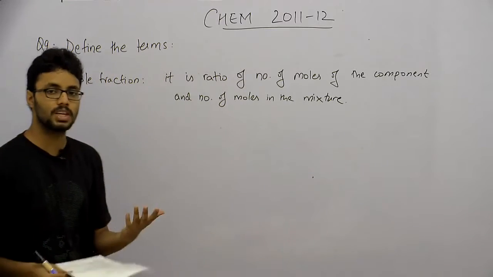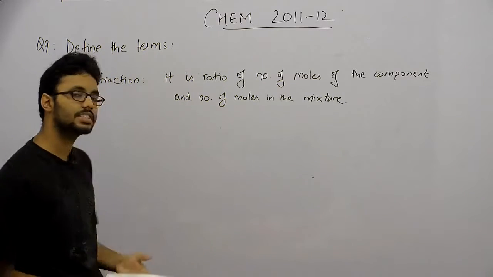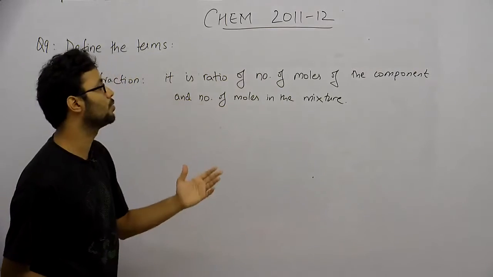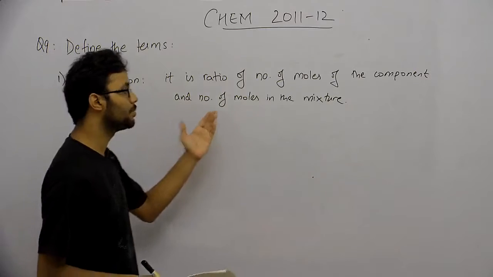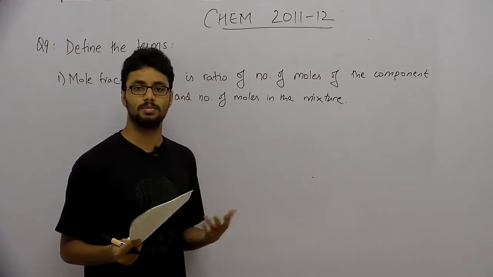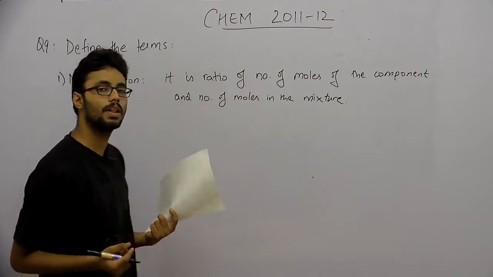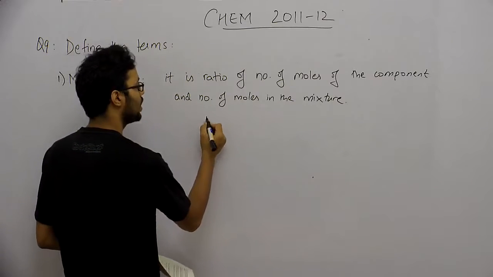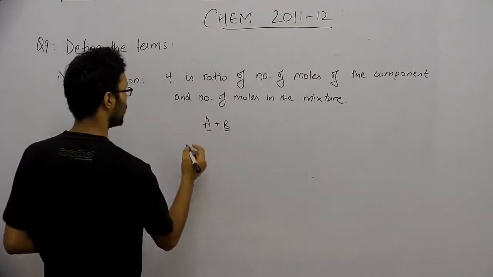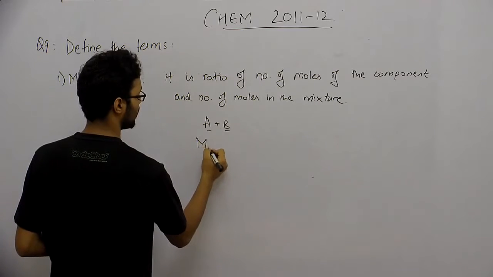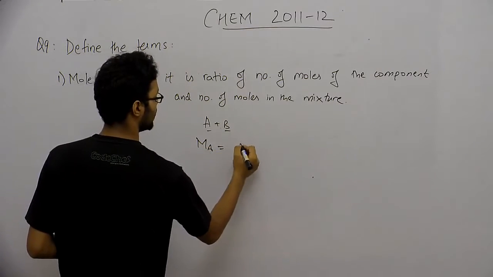So when we have a mixture, the mole fraction is calculated as the ratio of moles of one component and the total number of moles in the mixture. So for example, if a mixture is of A and B substances, then the mole fraction of A will be